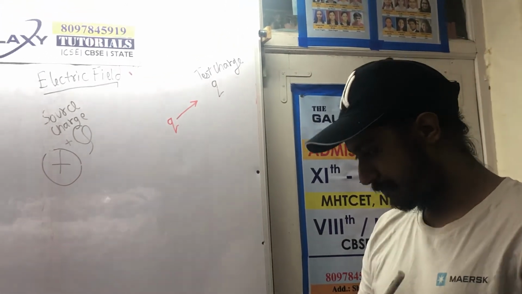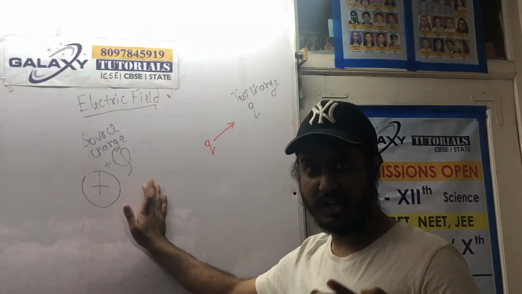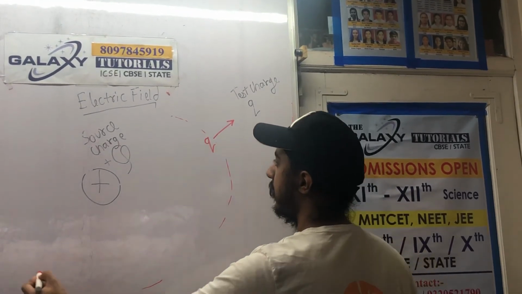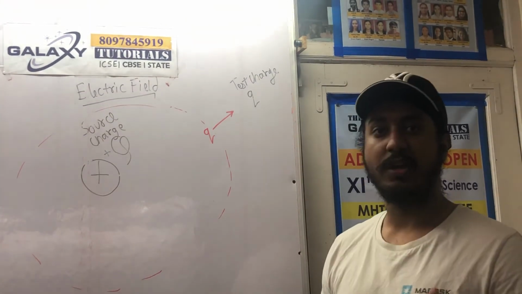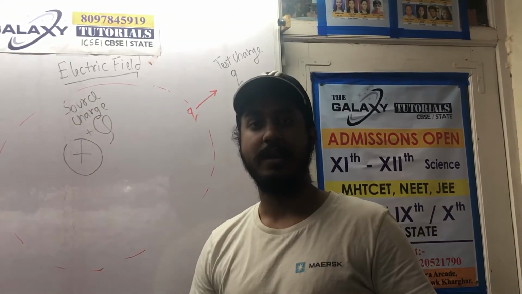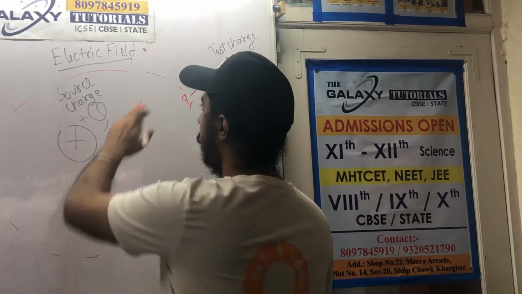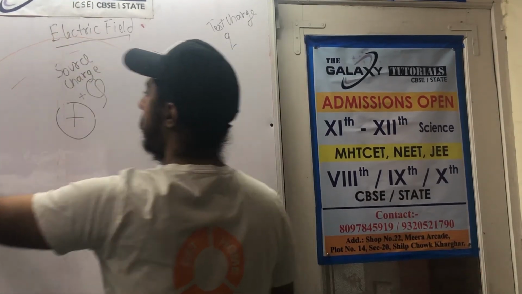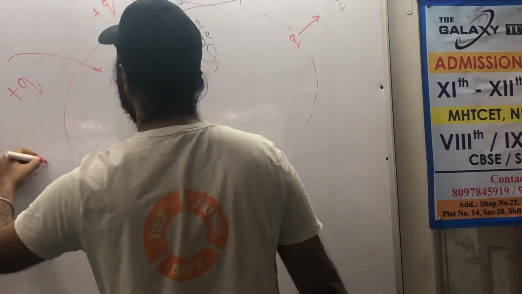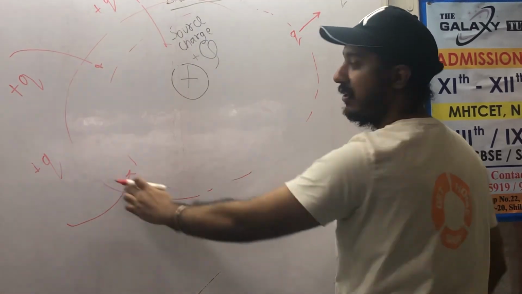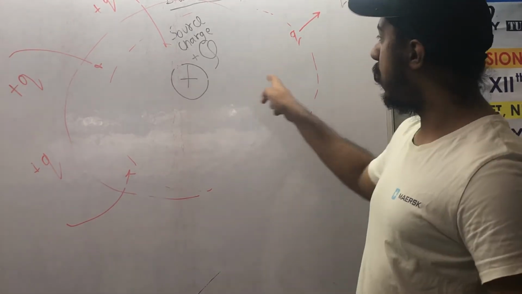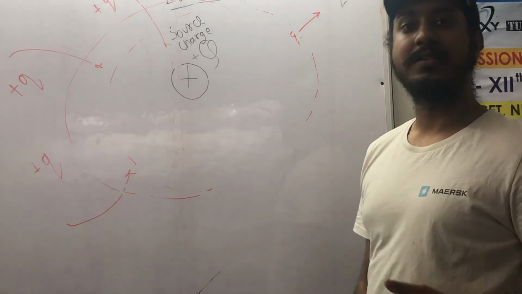Around every charge, there is a space in which, whenever you bring a charge, it will experience a force. We did this experiment by bringing this charge from here also, from here also, from here also. It was found that at all these points, this test charge was experiencing repulsive force. The locus of all these points is known as the electric field.